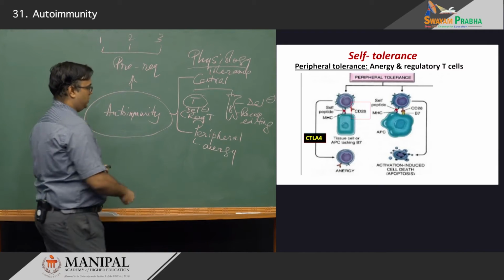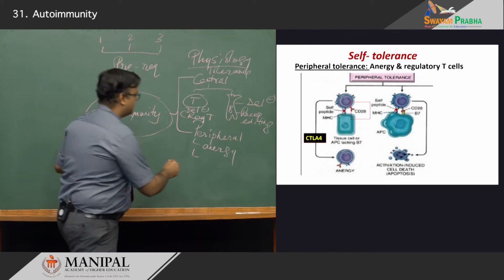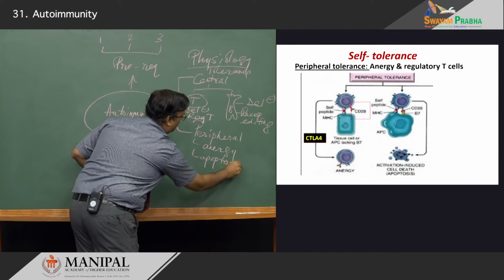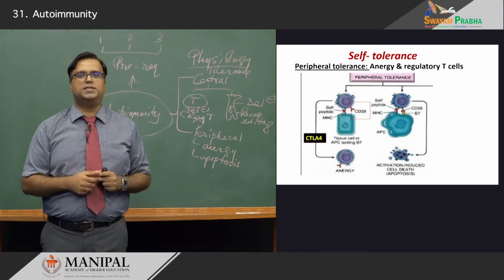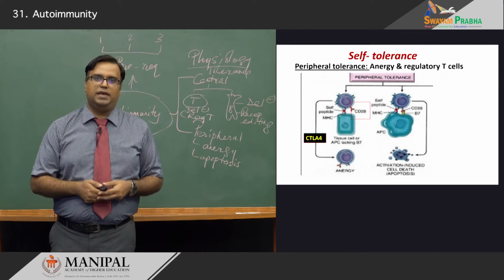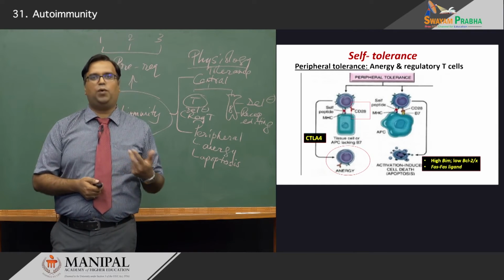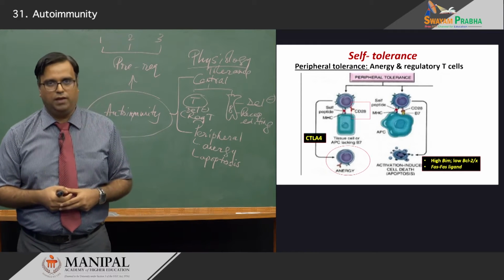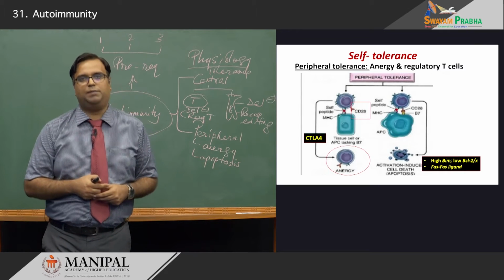This is called anergy. Yet another important mechanism in the same vein is apoptosis, as we have seen earlier, or programmed cell death as we better know it. Now, those cells which have escaped anergy will be rendered towards apoptosis. It has been seen that there is an upregulation in the molecules which are pro-apoptotic, which signal cell death, such as high levels of BIM, and anti-apoptotic molecules such as BCL2 and BCLX are down-regulated.